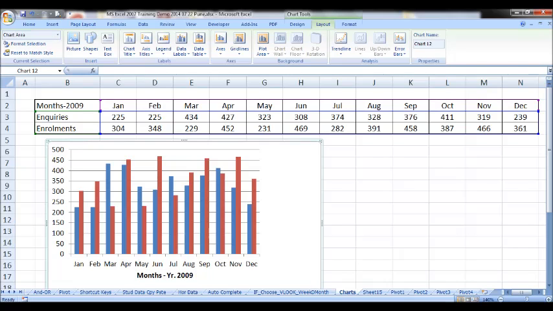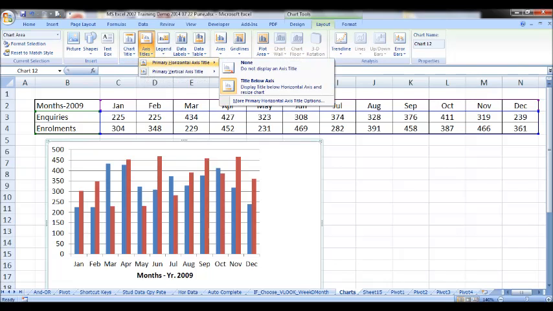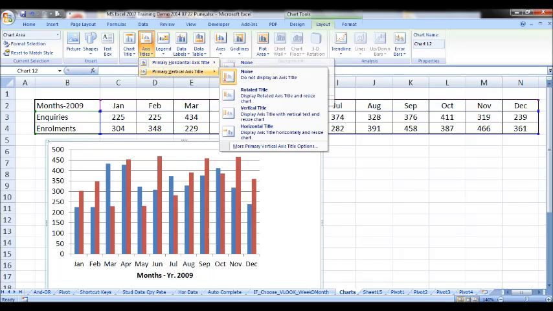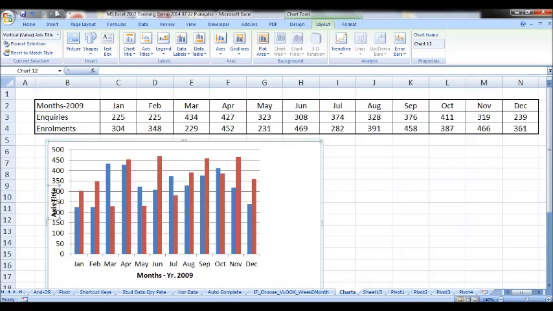Now we want to assign a title for the vertical axis. So against layout, go to axis titles. Primary horizontal axis we are done, now it is the vertical axis, and we want to have it in a rotated fashion. It is overlapping the contents of the graph, so you have to click on the part where you have the graph and move it away from the title.